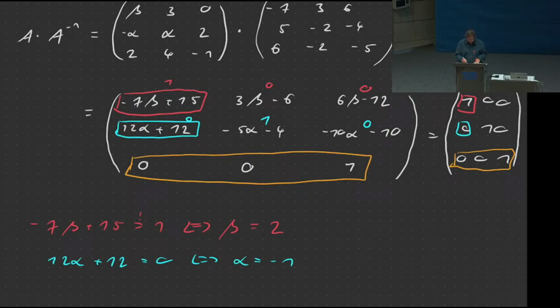And again, don't forget to compare these values to these here to see that this does the right thing. That's actually something that many people forgot in the exam, right? They determined the right alpha and the right beta, but then they didn't stop to actually verify that these other values here and the last row would also be correct. And you at least need to mention that will work out.